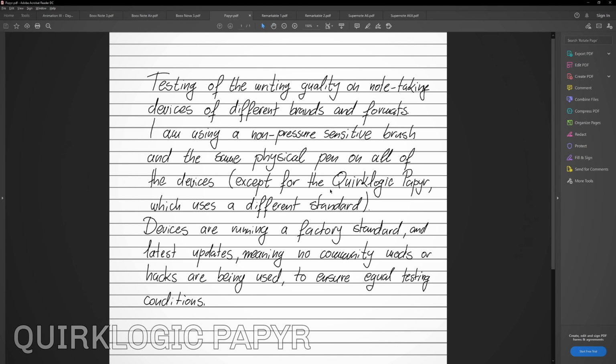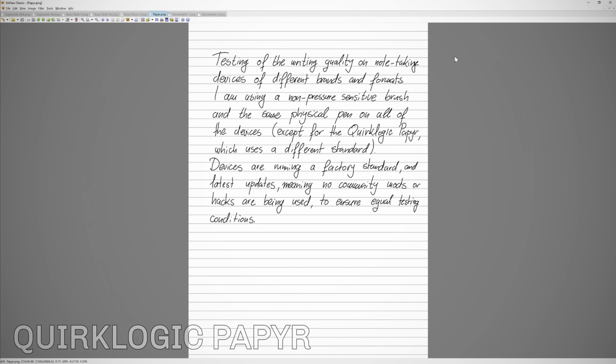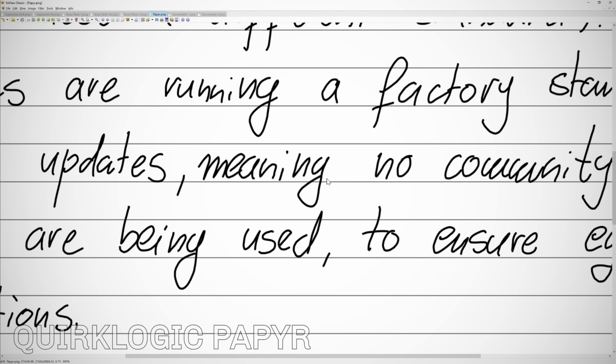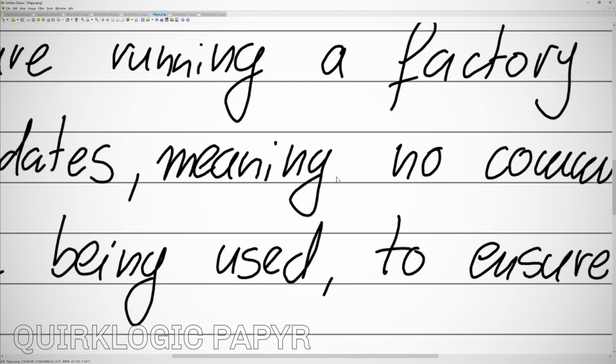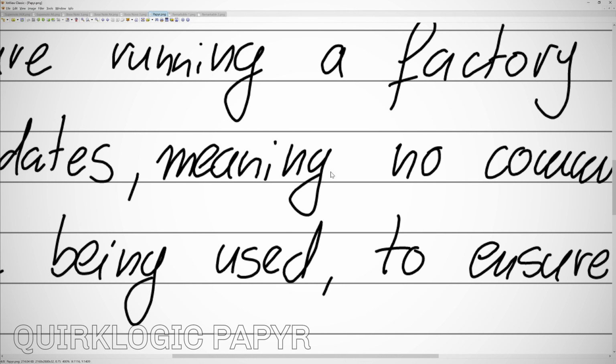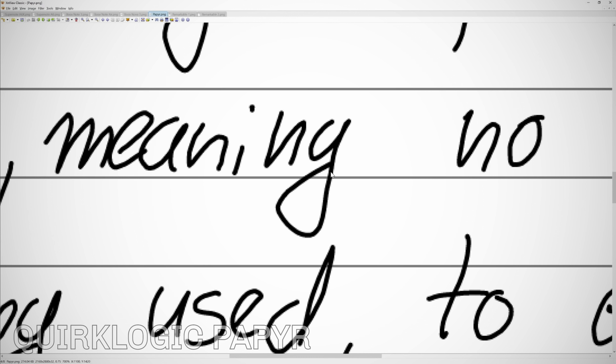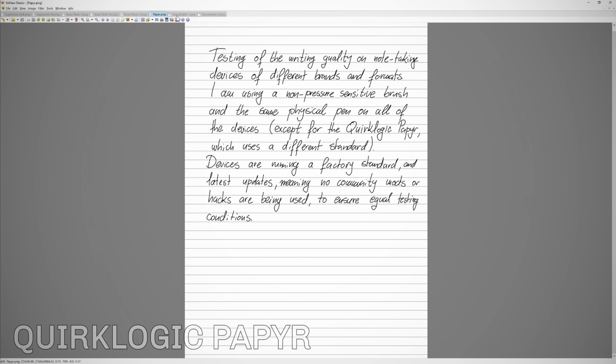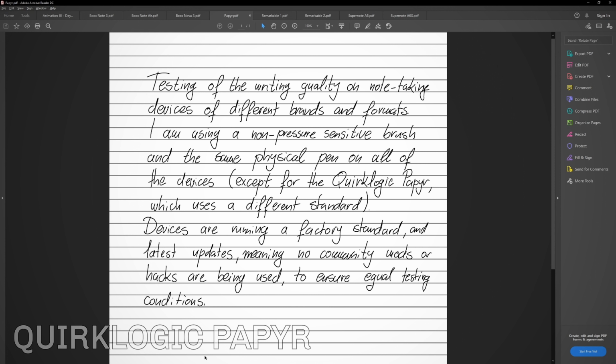Now back onto the Papyr, and when exported as a PNG, you can see that it's very nice and clean, and the resolution is quite good. Now PNG is of course an image format, so no vectors or anything like that, but it is exported at a very nice resolution, and it allows for decent amount of zooming. So overall, very nice results from the Quirklogic Papyr,